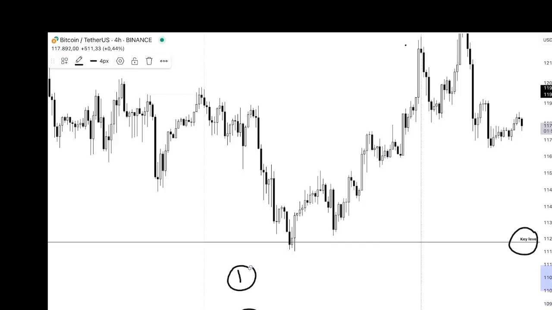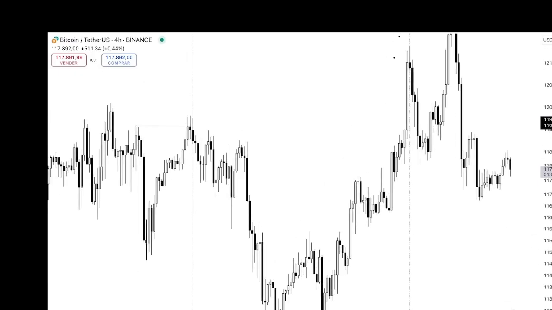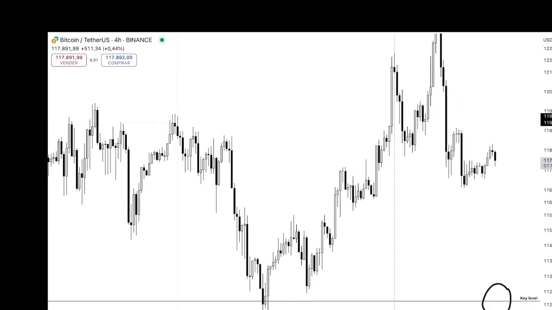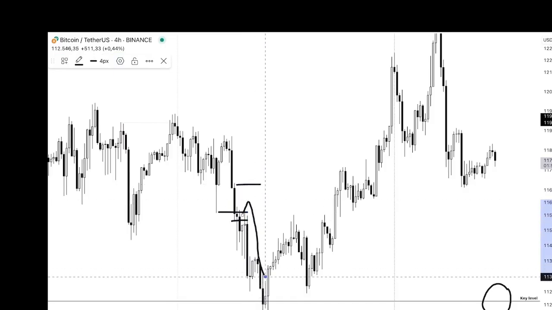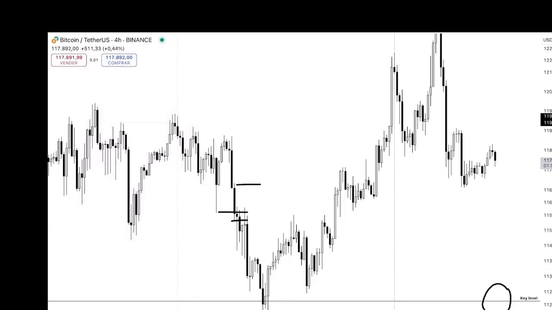Excuse me. Now, when you mark the key level, then usually what happens is they're going to, and when I say they, I mean the market maker, they're going to print you bullish CRTs on the way down. Right, so someone tried to buy this one and this one, right? Looks familiar? Nope. And this one.